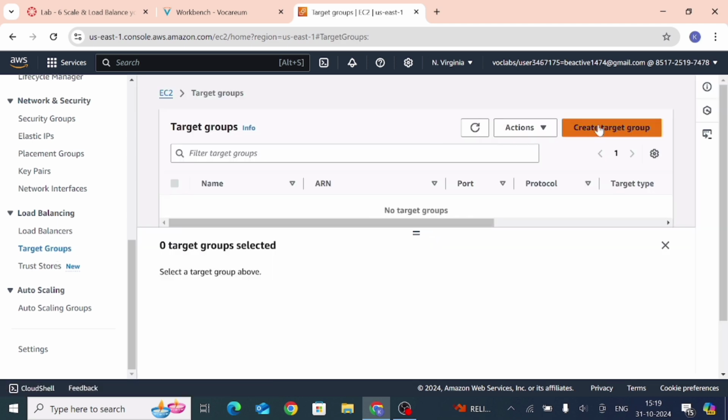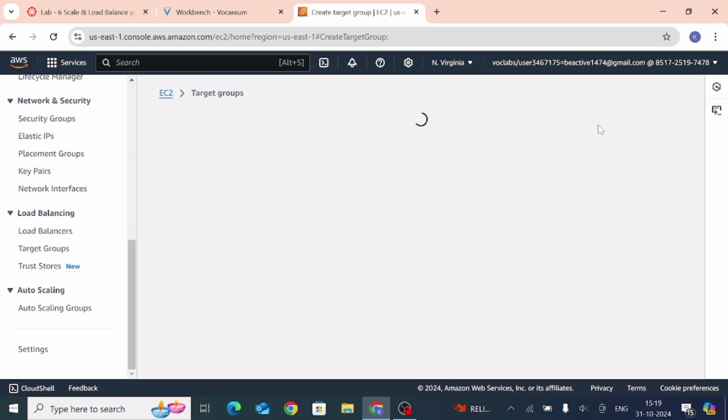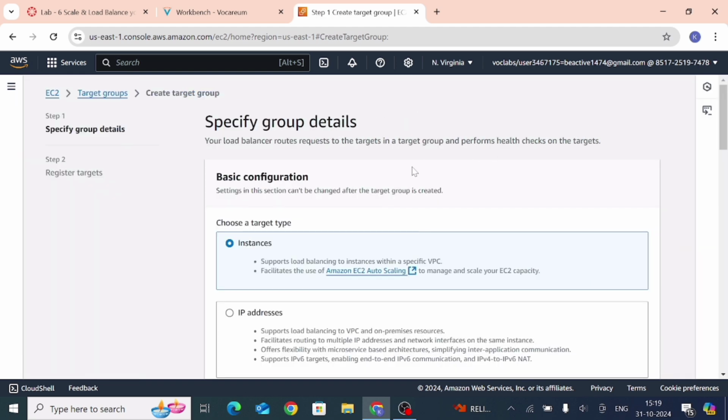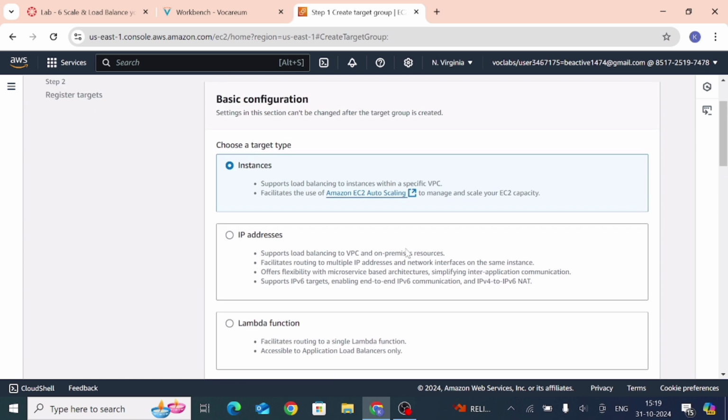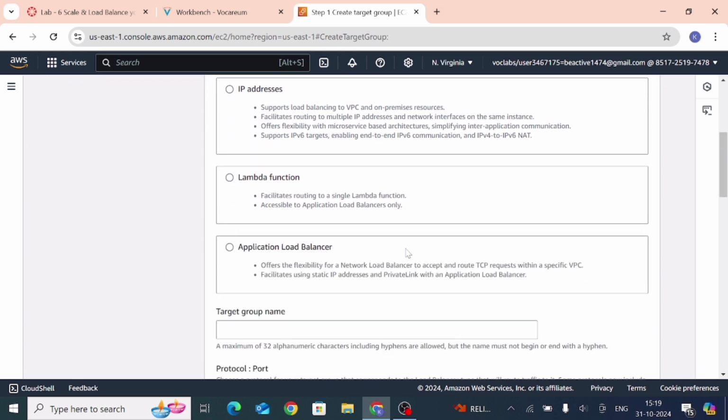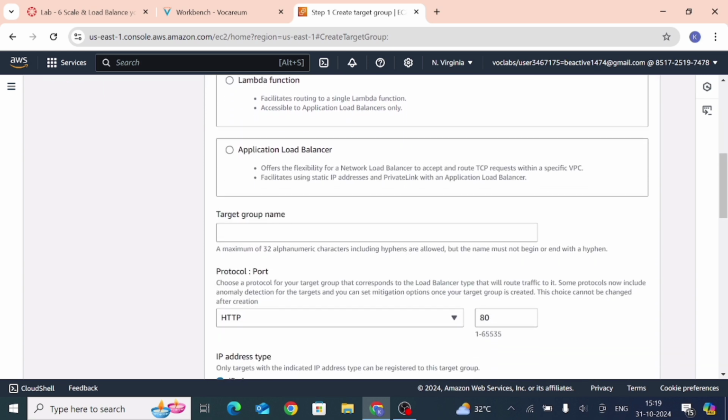Click on create target group. Now choose the target type, instance, which is already selected. Now the target group name, where is it, here, target group name.